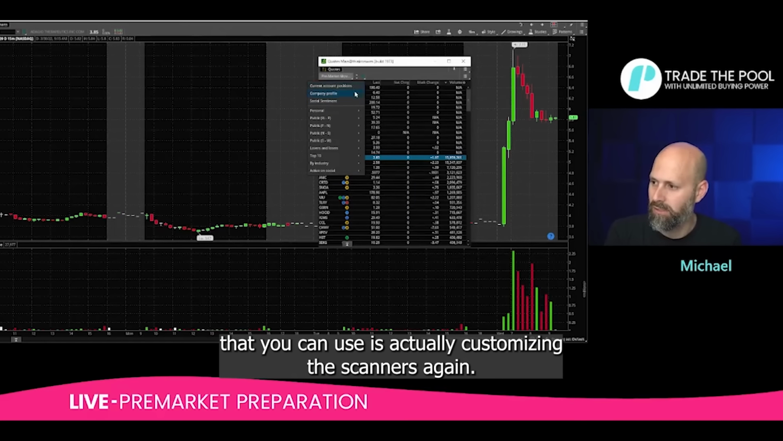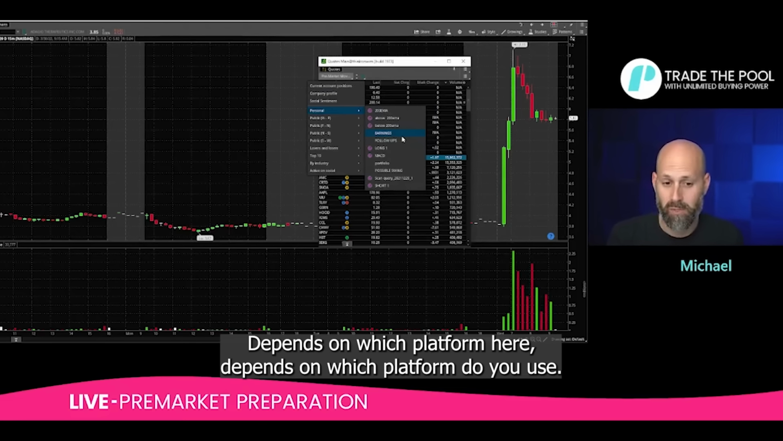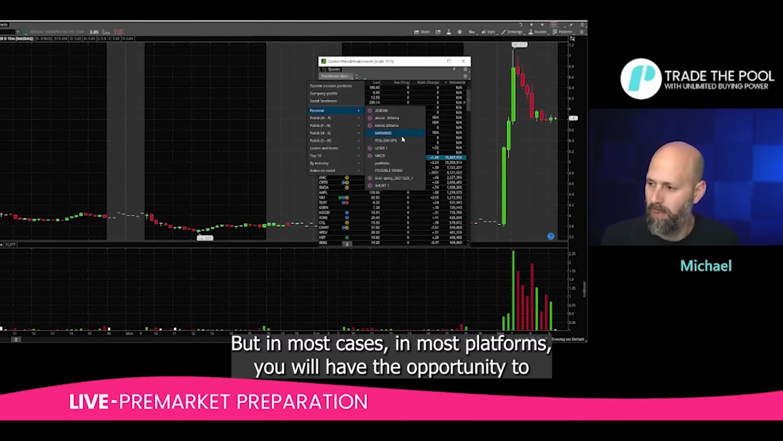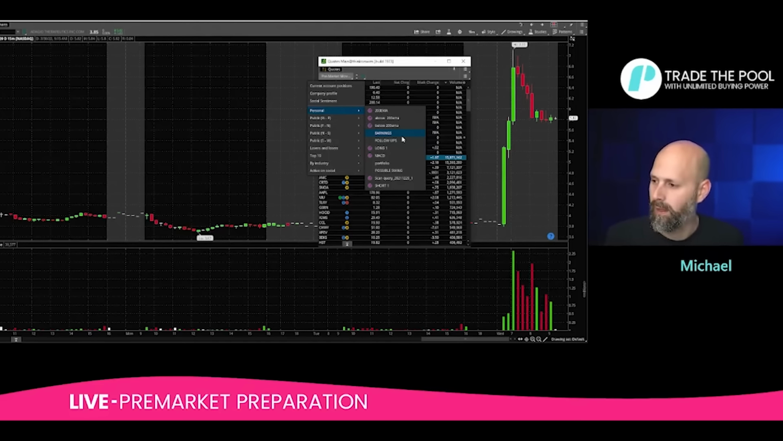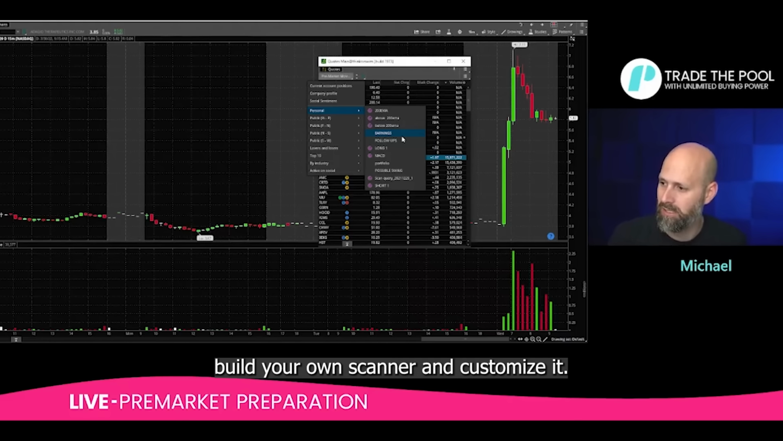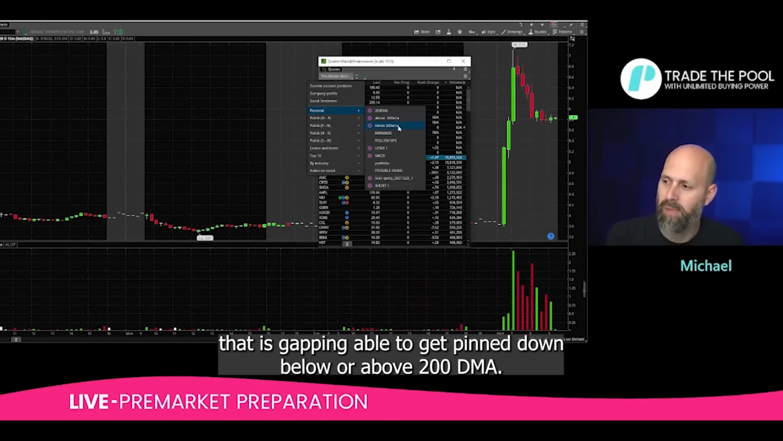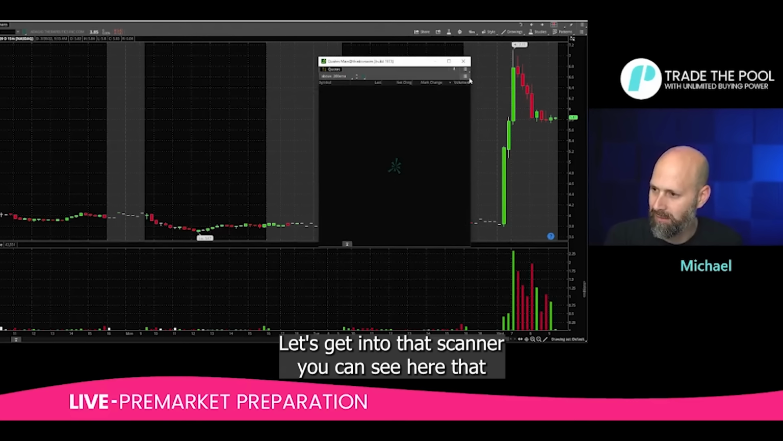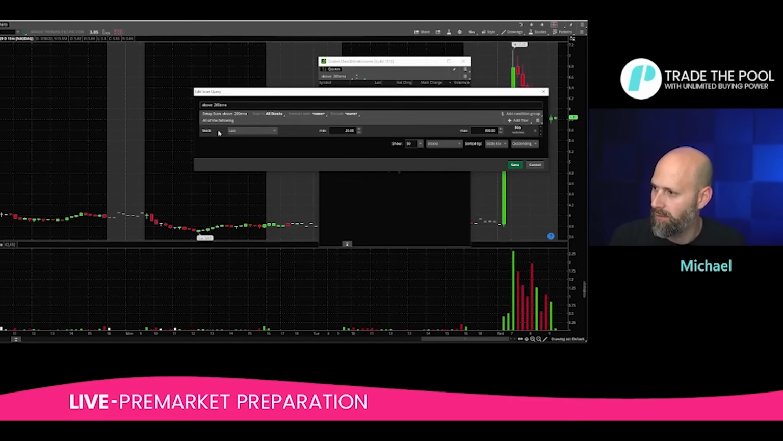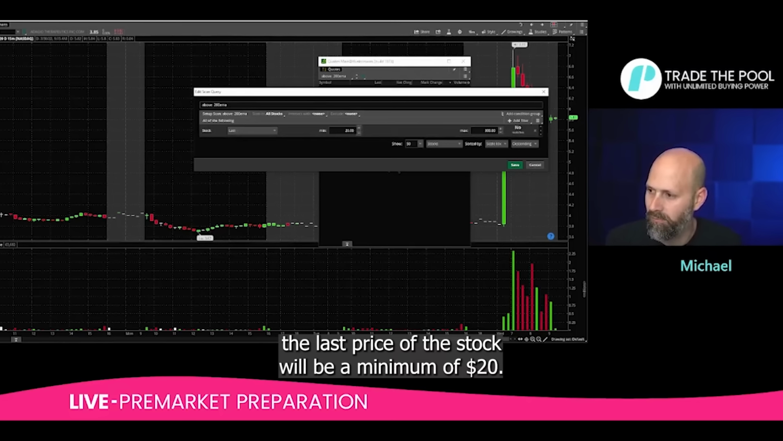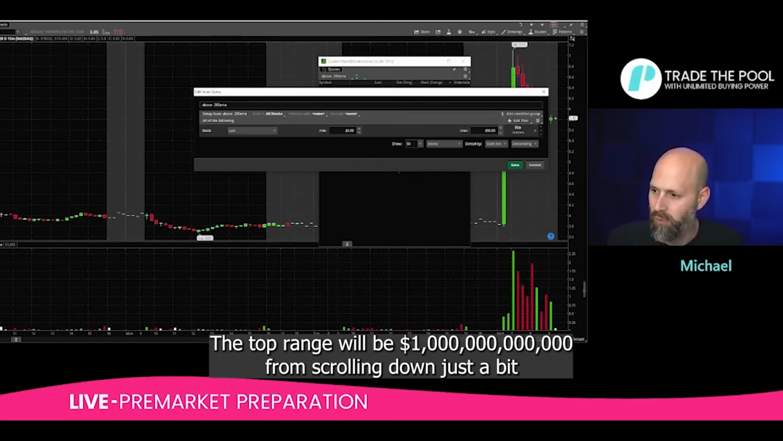Another option is customizing scanners. Again, it depends on which platform you use, but in most platforms you will have the opportunity to build your own scanner and customize it. For example, I have a scanner that shows me stocks that are gapping up or gapping down below or above the 200 EMA. Let's get into that scanner. You can see here that the last price of the stock will be a minimum of $20. The top range will be $300. If I'm scrolling down just a bit,